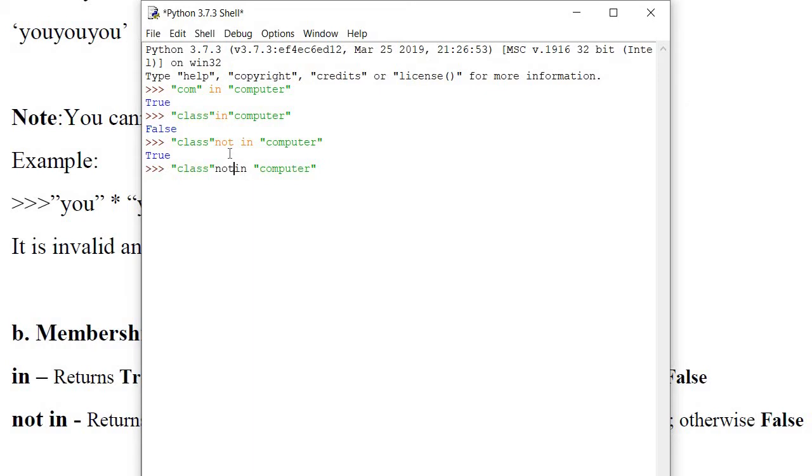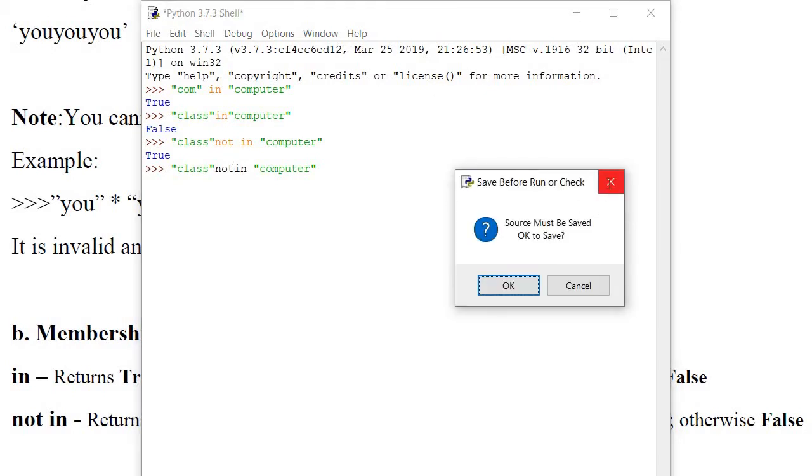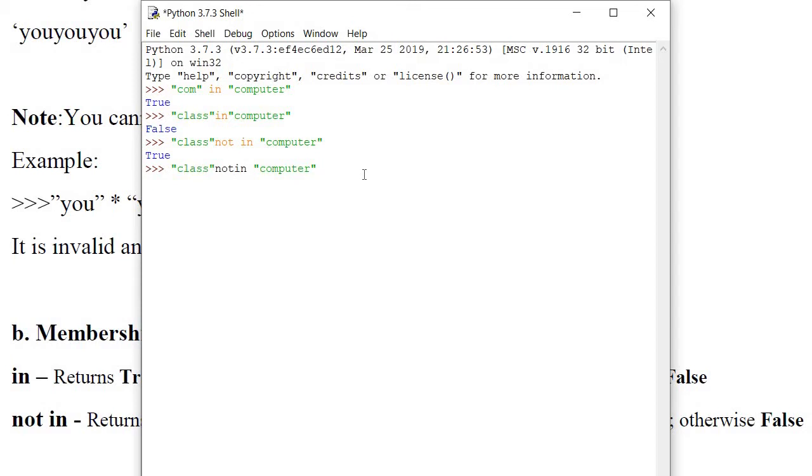So always remember to use the keywords perfectly. If you do not use the keywords correctly, it will throw an error and you will say, ma'am, I have used not in, but it's showing an error. So always remember that Python is case sensitive. If you declare some variable in small letters, always use it in the whole program in small letters. Don't use it as a capital, because it will throw an error. Here you will see a syntax error. So if some keyword is defined in some manner, you have to use that keyword in such a manner only.